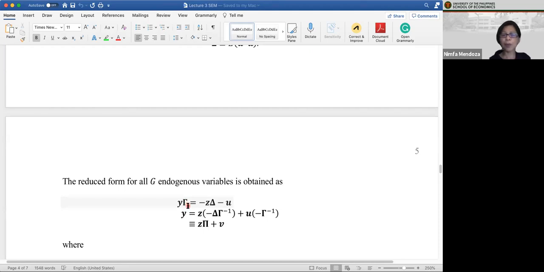So post-multiply both sides of the equation by gamma inverse. So at the left-hand side, we're left with,